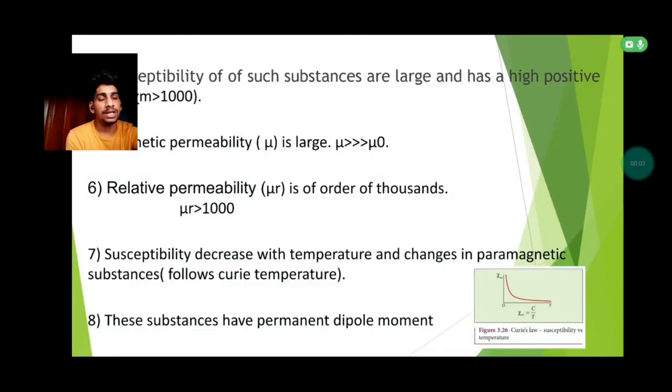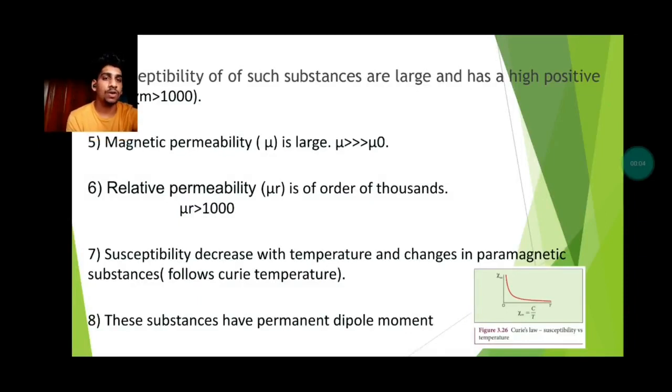So the sixth point: relative permeability is of the order of 1000. Relative permeability is defined as the ratio of material permeability to the permeability of free space. It's also denoted as mu r, where mu r is equal to mu upon mu m,